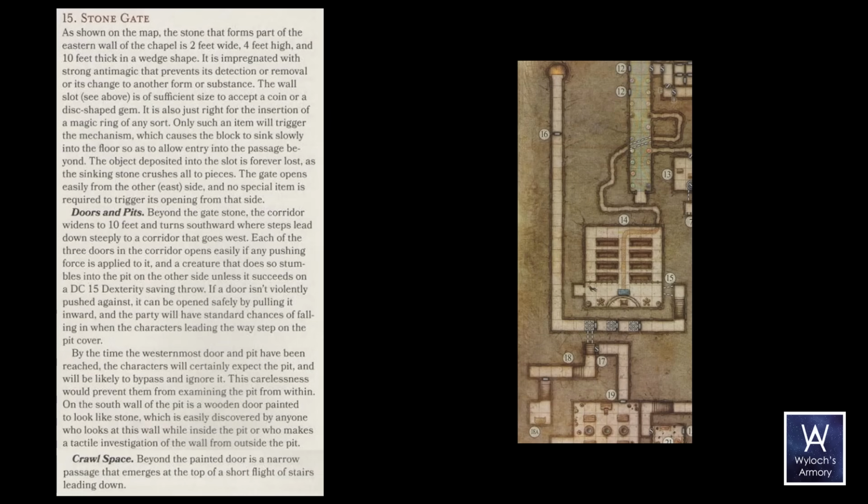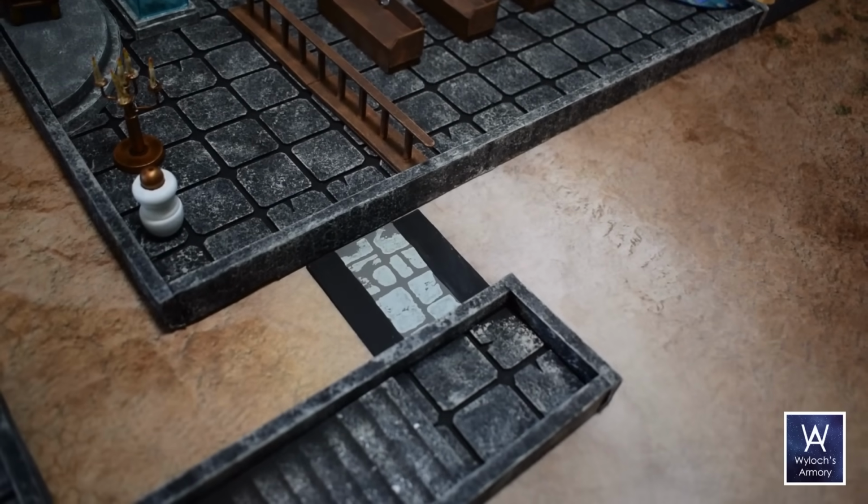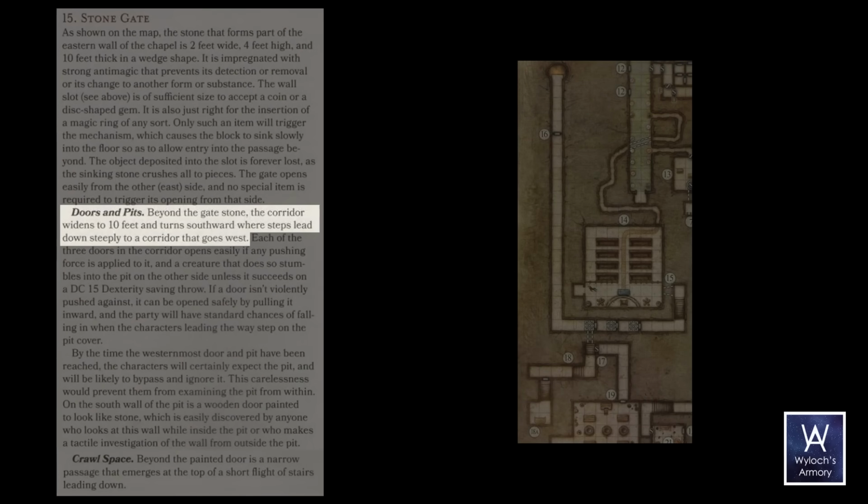We last left off in room 14. There's a secret block in the east wall and a whole bunch of verbiage to talk about it, but honestly, it's not worth my time. It's a secret passageway, so I just made another one of those 2D crawl spaces. Beyond that, the corridor widens to 10 feet and turns southward, where steps lead steeply downward to a corridor that